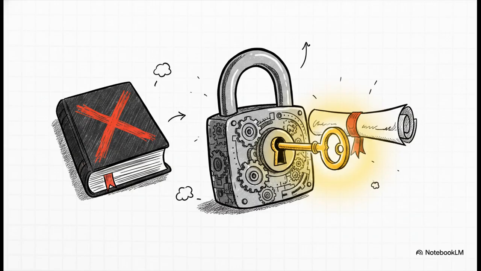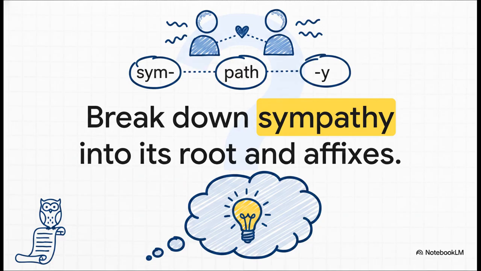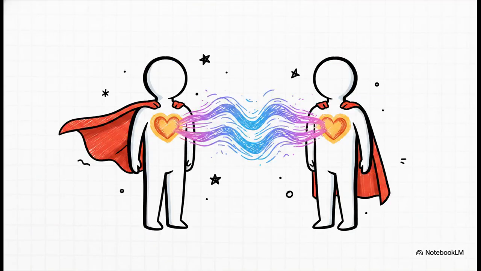Roots are your absolute best tool for conquering reading tests and writing brilliant academic papers. Let's try a final interactive challenge using the root we just mastered. I want you to mentally break down the word sympathy into its root and affixes. Based on what we know about path, what does this word actually mean? And here's the answer. Sym means together, and path means feeling. So sympathy literally means feeling together with someone. By finding these familiar pieces inside bigger words, you just strip away the mystery. You transform into powerful, unstoppable readers.